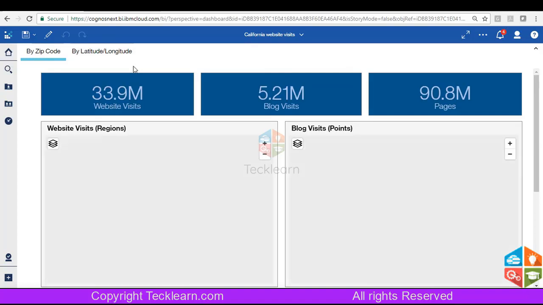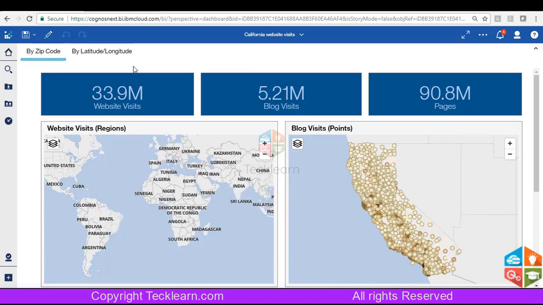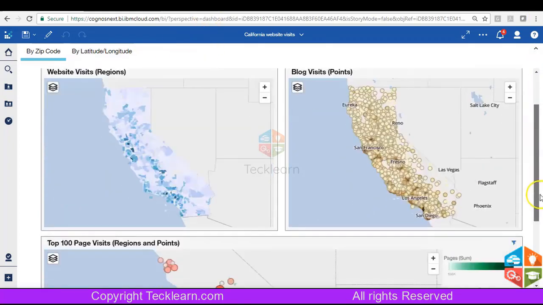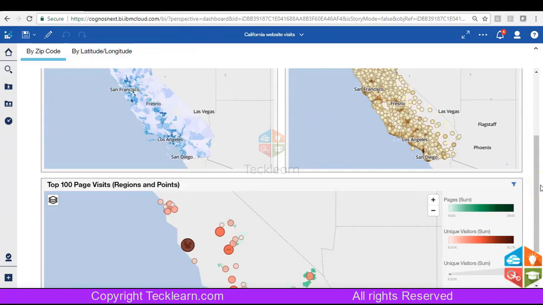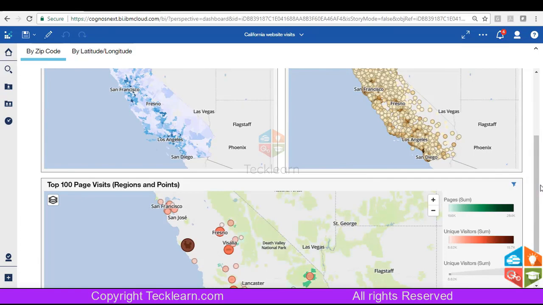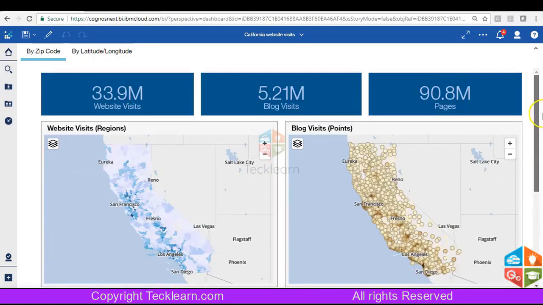I'm going to talk more about this in later videos. We will have a separate video to talk about dashboards alone. As I said, a dashboard is not a collection of reports. It is something like how you create a report. You are going to connect to your data sources and create this.